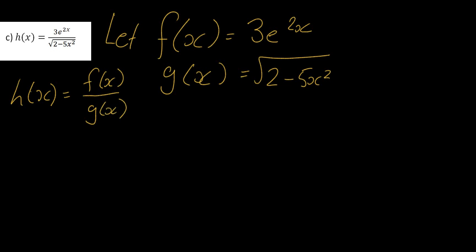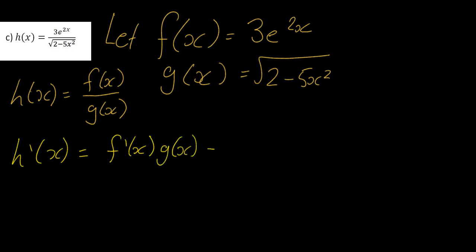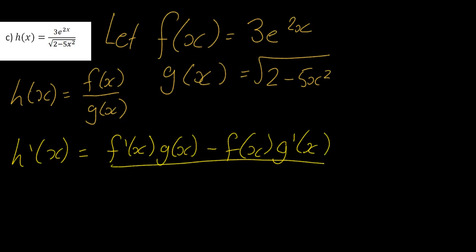Okay. So now that we know what we're working with, we can use the quotient rule to help us out. So the quotient rule, just to recap, is h dash, and we have to derive our numerator first, so f dash multiplied by g, left alone, subtracted by, now f is left alone, and we have to take the derivative of g, and we have to divide by the square of g as well. It's quite long, but the process is quite simple as long as we follow each of these terms one by one. So just to start off, we're going to have